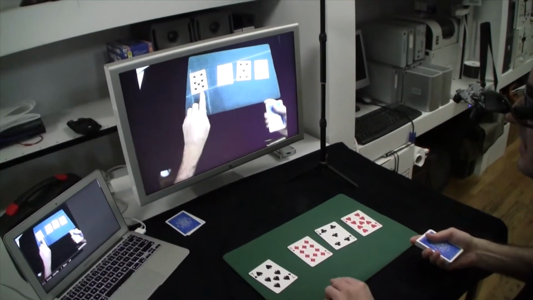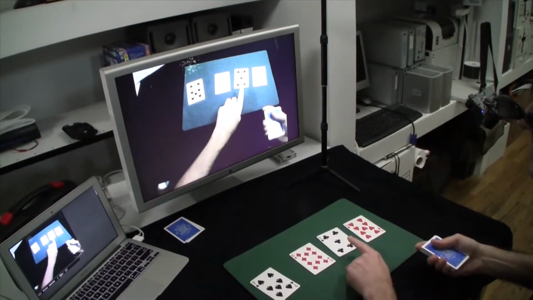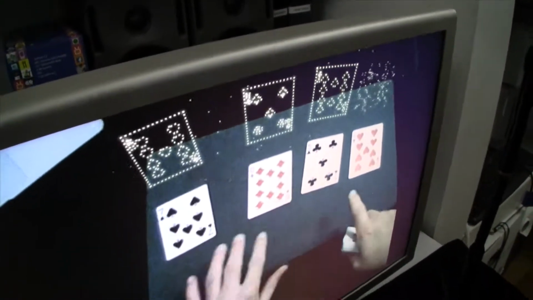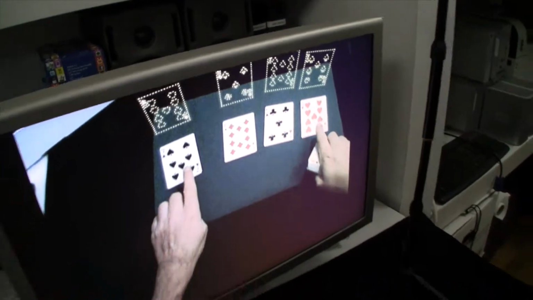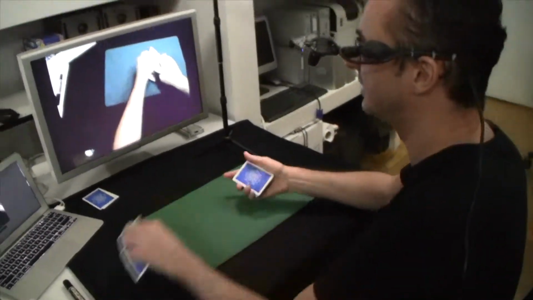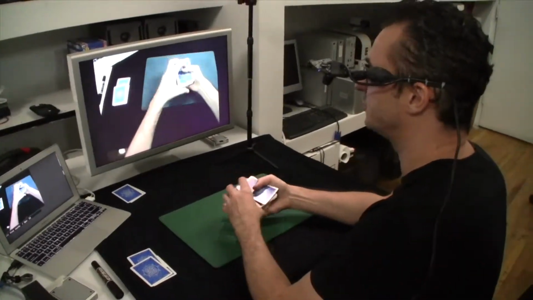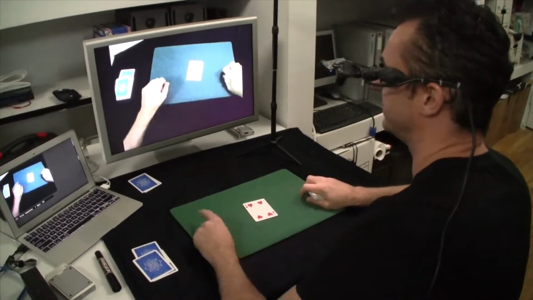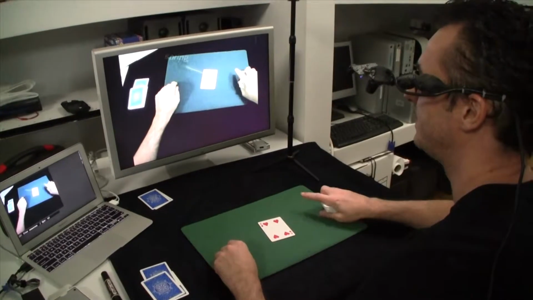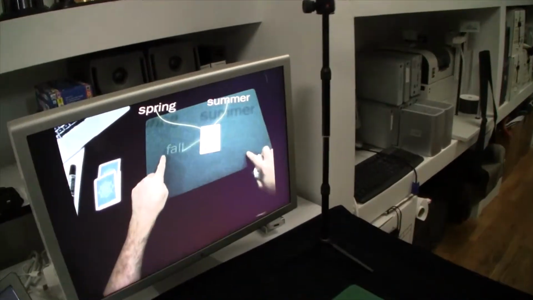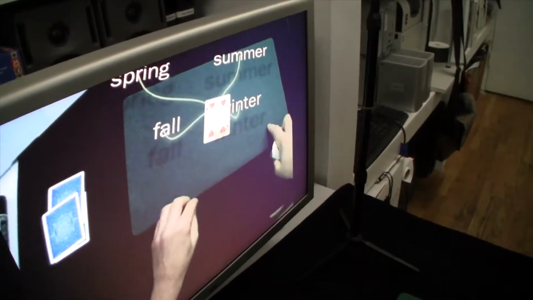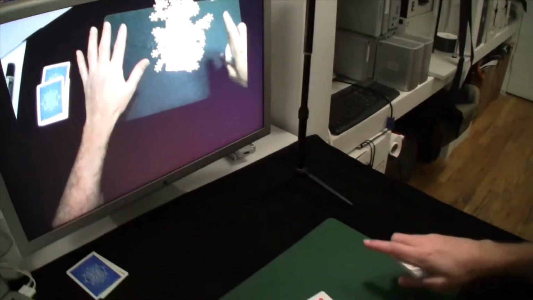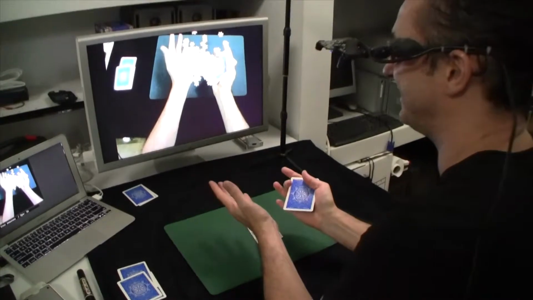So we have this little augmentation of the cards, they get recognized. Performing magic is always about these multiple layers of reality combining. Now each of the 4 suits corresponds to one of the 4 seasons. So there's spring, summer, fall and winter. My favorite season is winter, because winter is like magic: it involves visual wonder, drastic change and a delicate balance